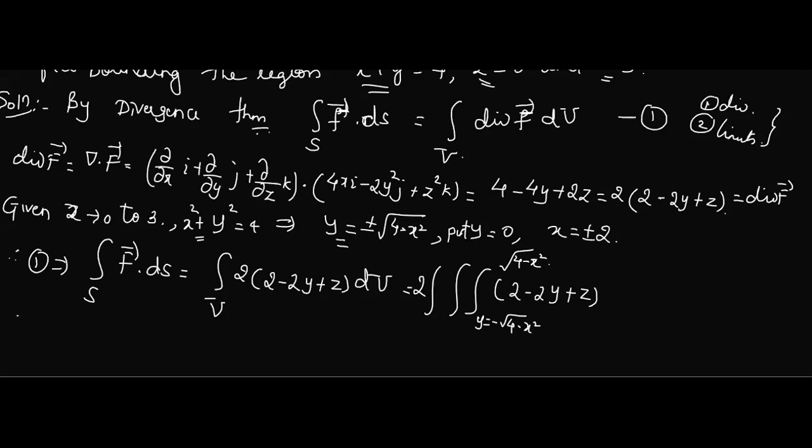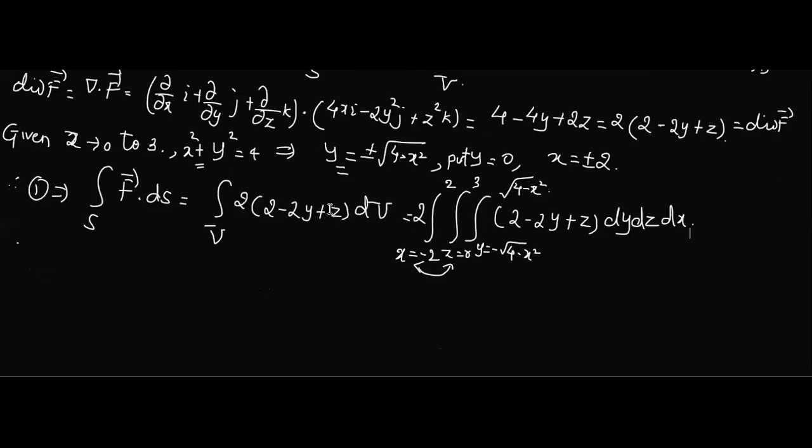Next, you can take x and then you can take z, your choice. So what I'll do, I'll keep x last. So x, I'll take it as minus 2 to plus 2. And z is varying from 0 to 3. See, these two you can interchange, no problem, but this cannot be kept anywhere. You can keep it at second place, no problem, but preferably inside. Then what is the order? Inside I'm writing for y means I have to take dy dz dx.